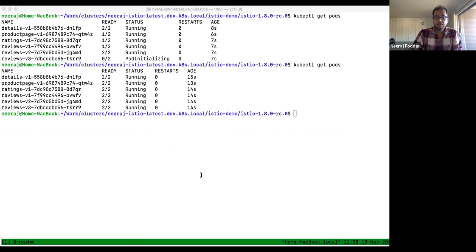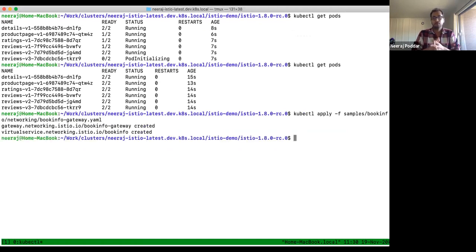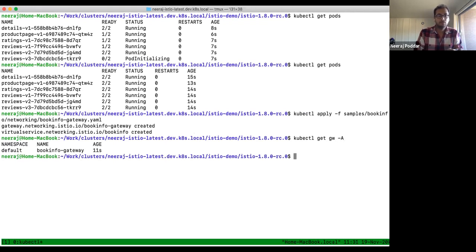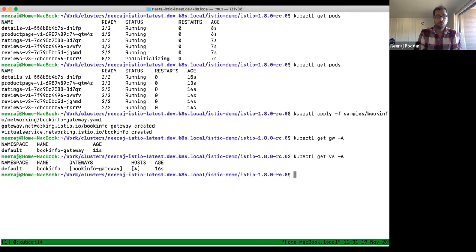I'm going to apply the gateway resource so that I can reach my Bookinfo application from outside. So now that I have applied, you can see there's a gateway and there's a virtual service configured for my Bookinfo application.